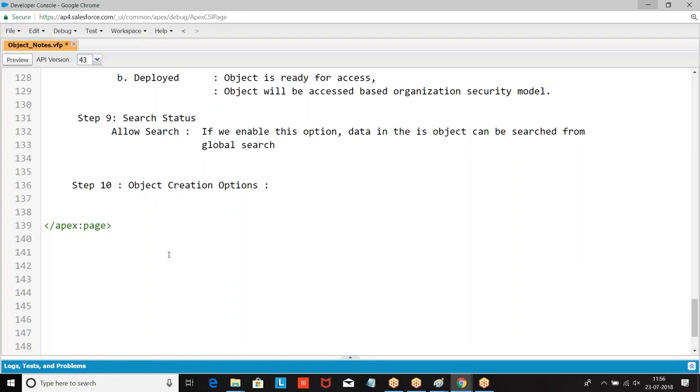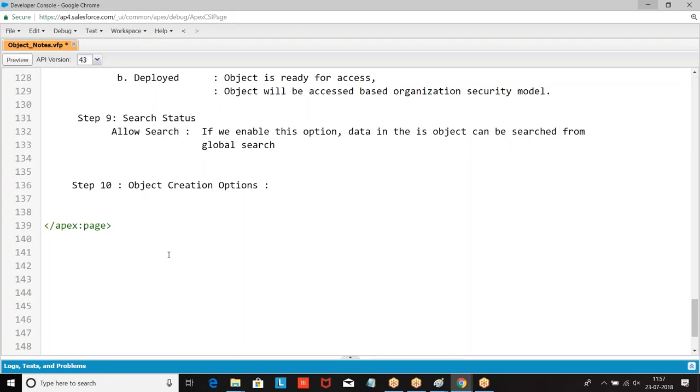Once the option is enabled and I create an object, I cannot disable it. Once the object is created, you cannot enable or disable this option. These options are available to you only till you create an object. I hope you are clear.